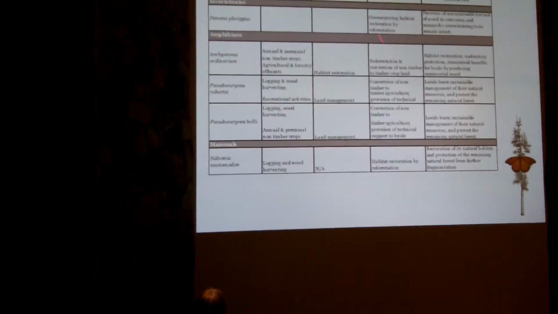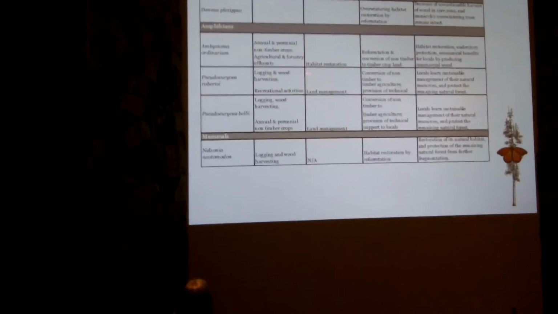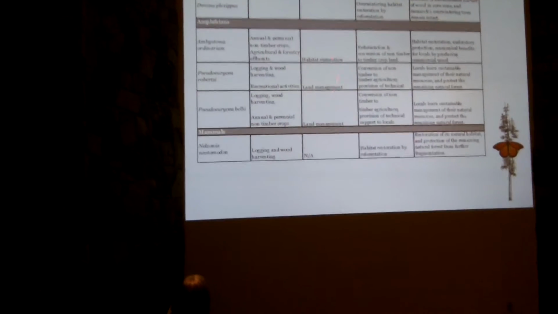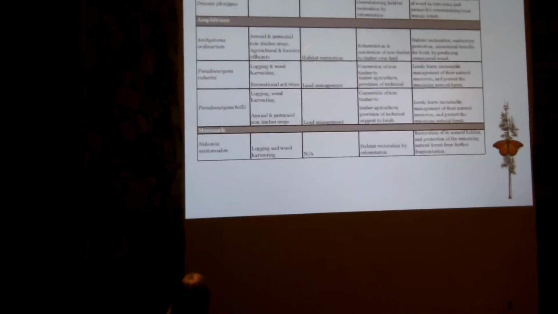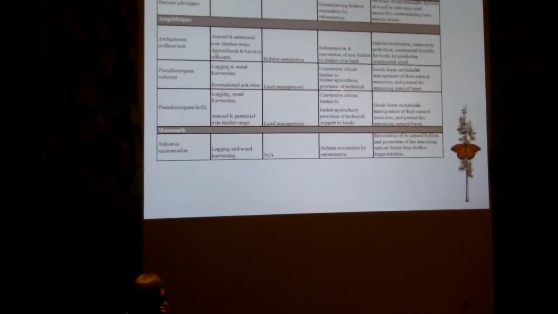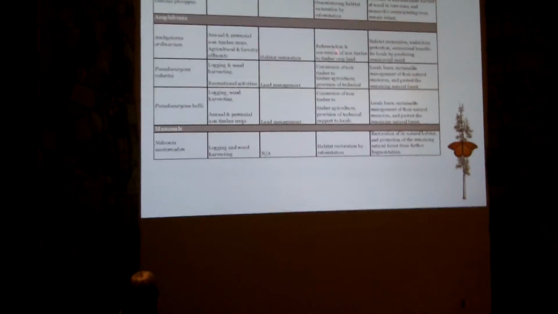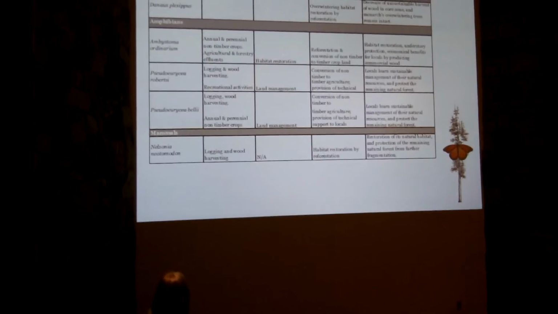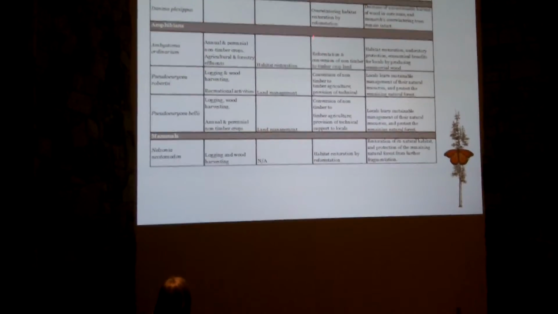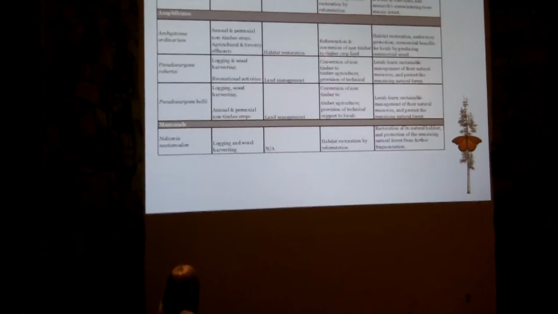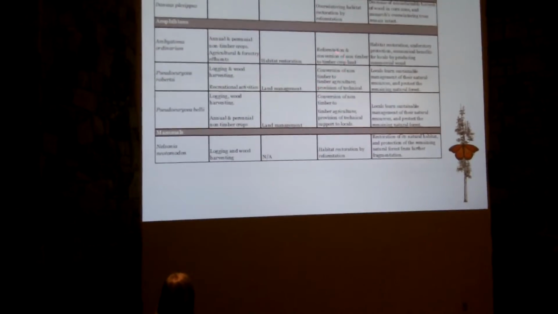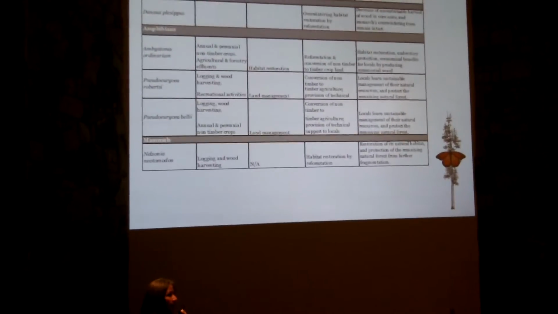And of course, there are no conservation actions for the monarch, but they talk about habitat restoration and land management, and this is exactly what we do. So the way that we are helping not only the monarch butterfly, but also the endangered species is with habitat restoration, reforestation, and the sustainable